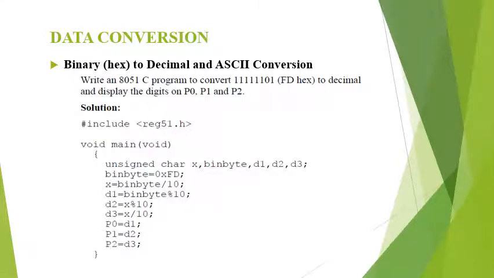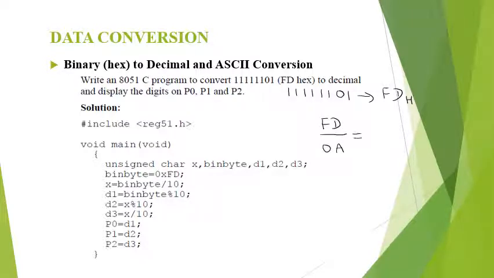Write an 8051 C program to convert 11111101 to decimal and display the digits in port P0, P1 and P2. The binary 11111101 is FD in hex. This has to be converted to decimal. First we divide the hexadecimal number FD by 0A.